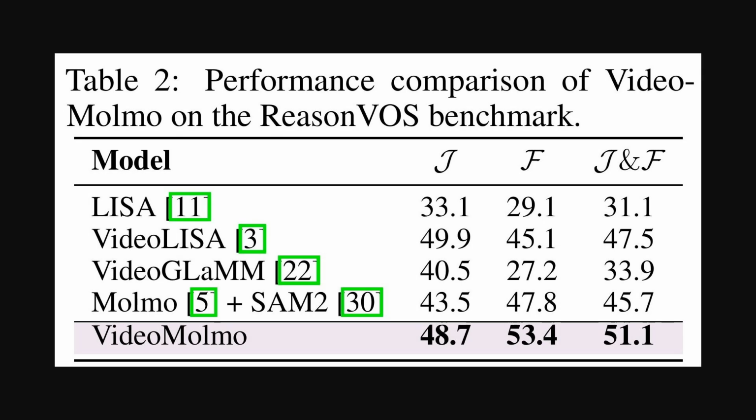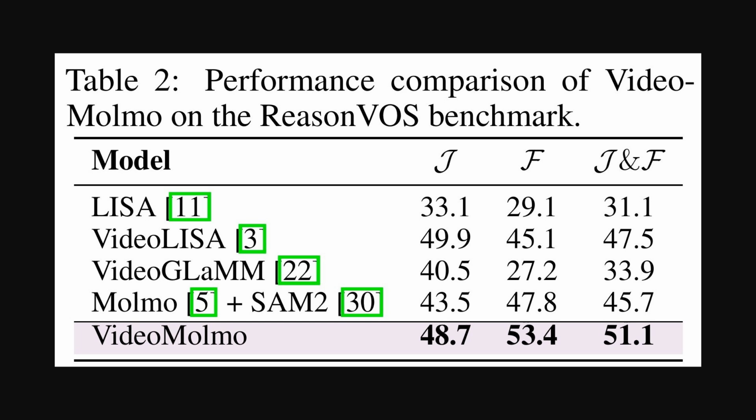And that ability to handle complexity is pushed even further here on the Reason VOS benchmark. This isn't just about finding a simple object. This benchmark tests the model's ability to follow more complex, multi-step logic within the video. And looking at the results, VideoMolmo once again sets a new state-of-the-art. It scores 51.1 on that combined J and F metric we've been using, which measures mask quality. This superior performance really highlights its enhanced temporal and fine-grained reasoning abilities, proving it can handle much more nuanced requests